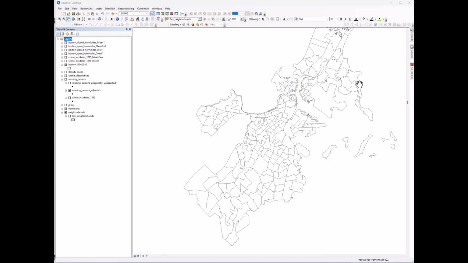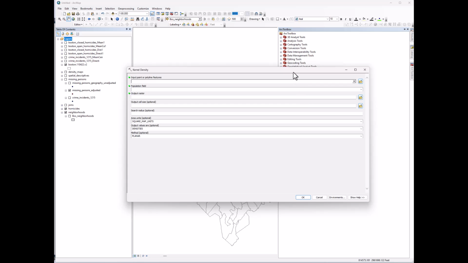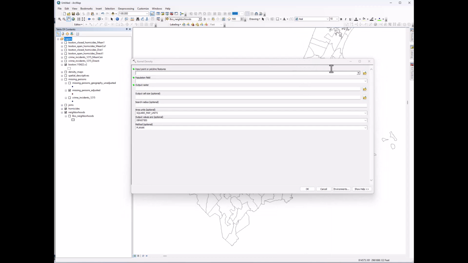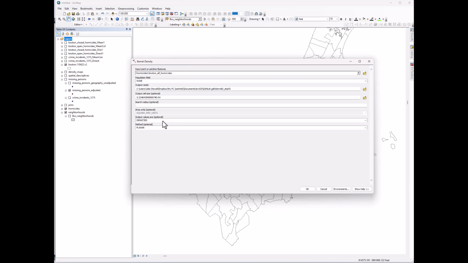Okay, so what I'm going to do right now is create a kernel density map again, but this time using the distribution of homicides. So I'll open up the ARC toolbox and click on the kernel density. And then the layer that we're looking for, I will use all homicides. We'll leave all of these at their default, and then similar to what we did before, we will calculate the